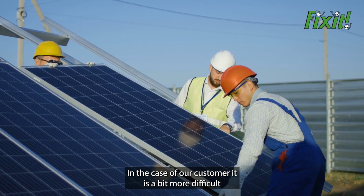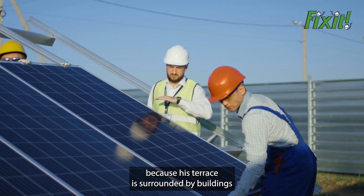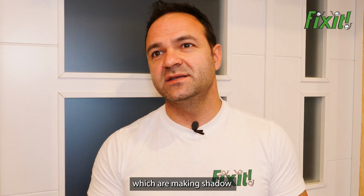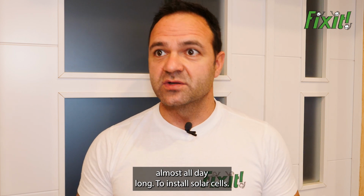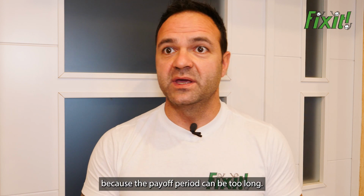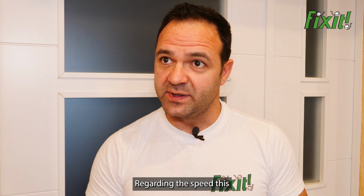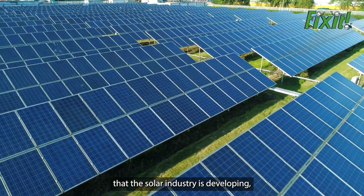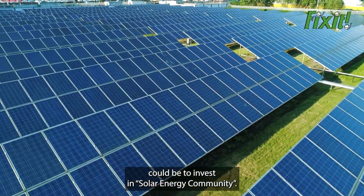In the case of our customer, it is a bit more difficult because his terrace is surrounded by buildings, which is making shadow almost all day long. To install solar cells in his case is a bit risky because the payoff period can be too long. Regarding the speed that the solar industry is developing, the best solution in his case could be to invest in